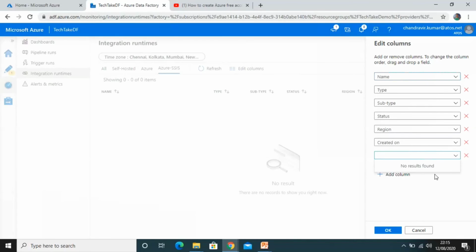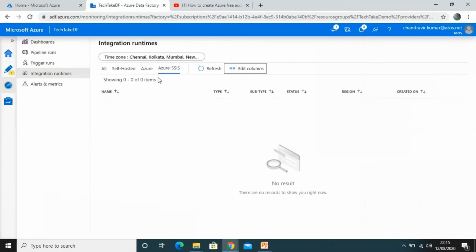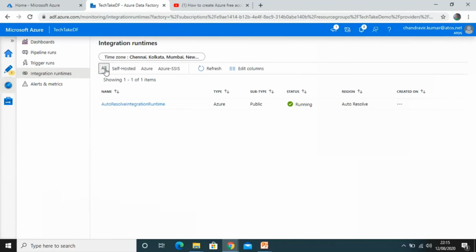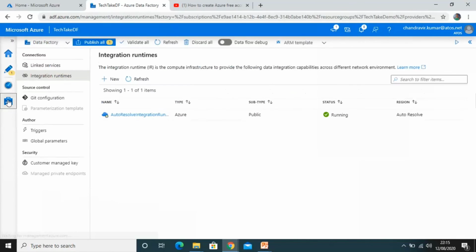You can add a few more columns if you want, or remove them from here. Let's cancel it. This is all the integration runtimes; I have only one here. Now go to the Manage window and Integration runtimes.